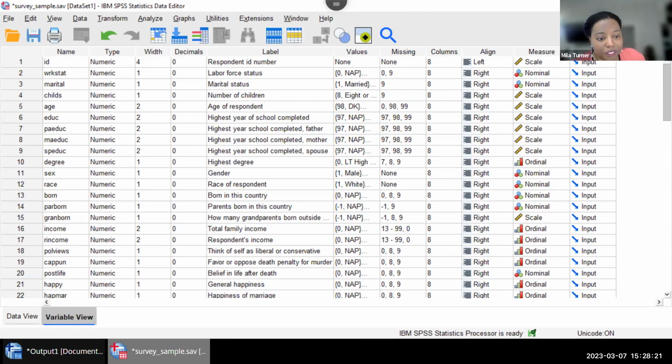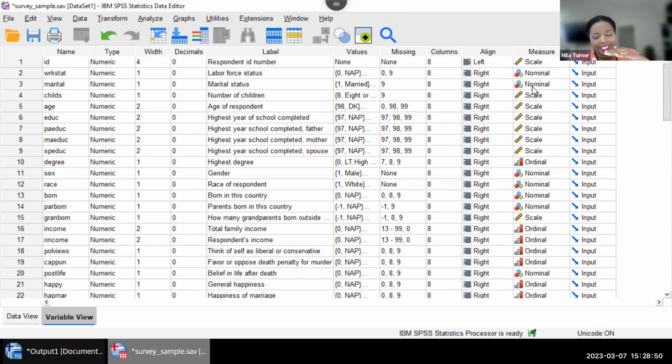Level of measurement, hopefully you have been introduced to that in a statistics course, helps you determine what is nominal, what is ordinal, and what is interval ratio. With the data on the screen, I can show you an example. This variable for marital status says it's at the nominal level. And so the nominal level